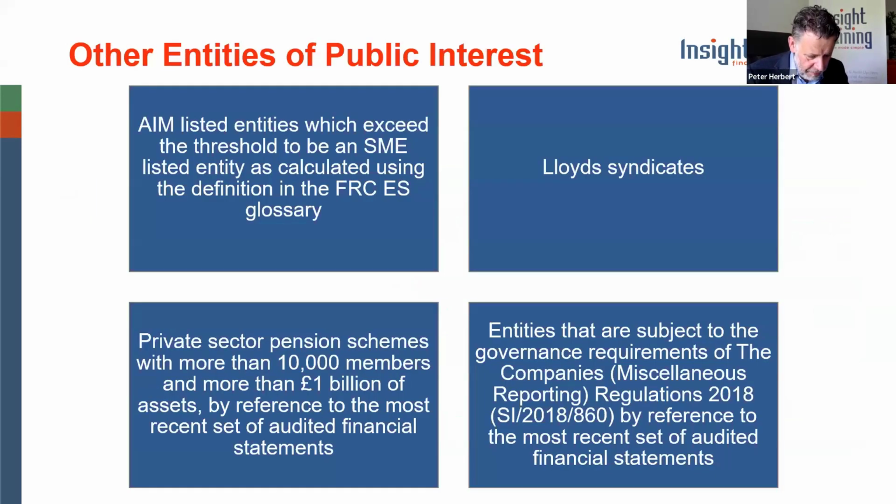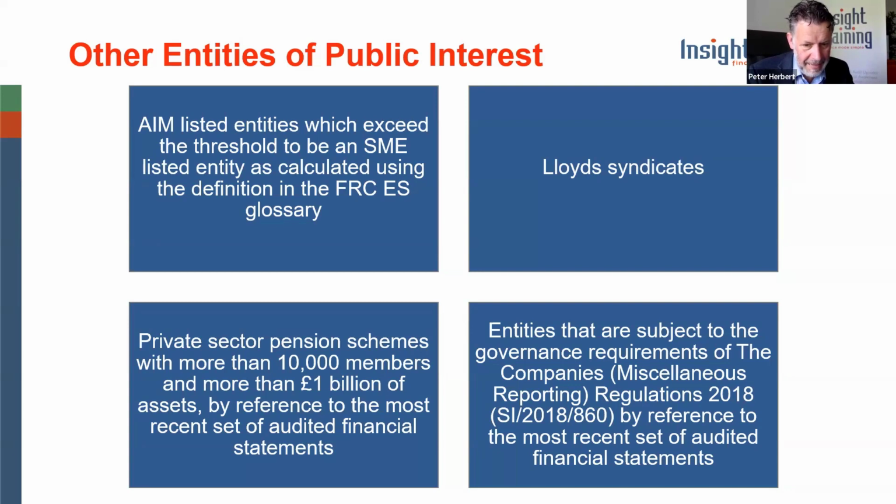Okay, now the concept of the EP, the concept of the other entity of public interest, is not one that we come across that regularly in practice. It's been around for a few years now. And what we're fundamentally saying with these sorts of organizations is they generally tend to be, certainly in terms of the private company arena, really big private companies. They're not defined as public interest entities, but because they are defined as an other entity of public interest, the ethical rules that apply to public interest entities pretty much apply to them as well, especially around things like prohibited